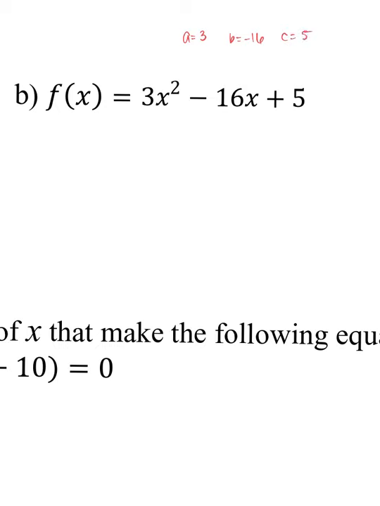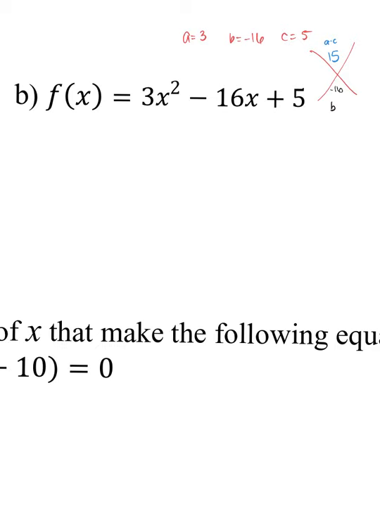Okay? So same step again. But this time we're gonna use our X. This is how we learned this problem, okay? And on the top, we're gonna put what A times C is. And in this case, it's 3 times 5. So in the top box, I'm gonna put a 15, okay? And then in the bottom box, I'm gonna put what B was. And B was -16,